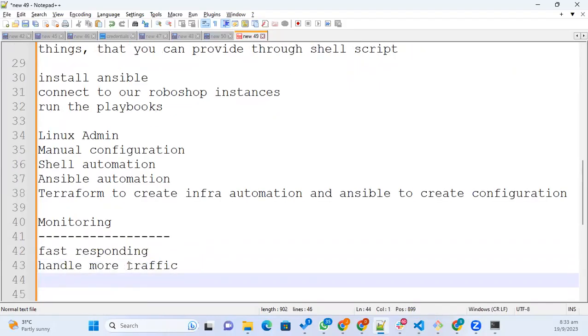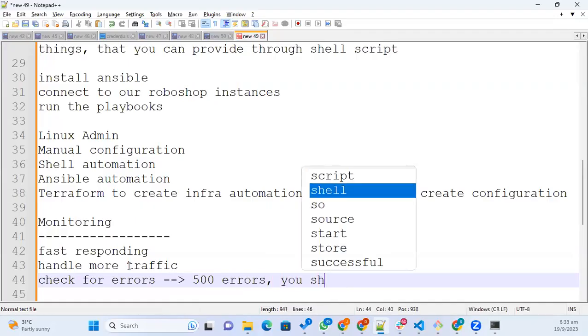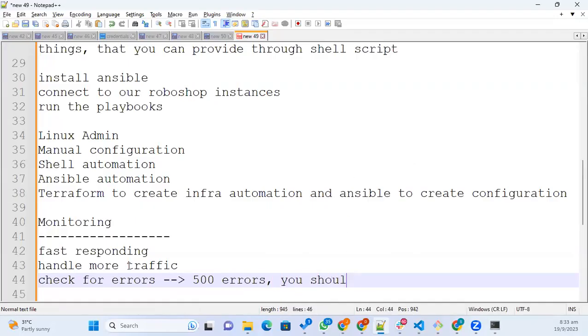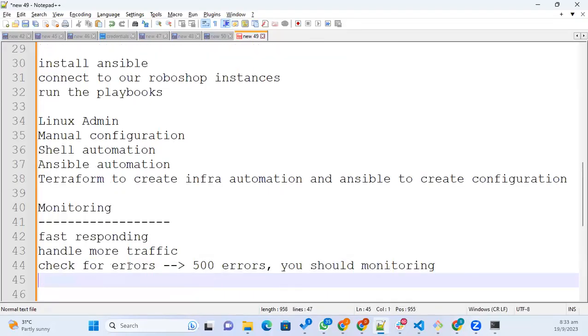and you should always check for errors. So you can see we have a lot of 500 errors. You should monitor for this. If you are getting 500 errors, it means something is wrong. You know that already. We have seen a lot of 500 errors in the configuration. So you need to handle that as well. Fast responding, handle more traffic, check for errors, and then you need to calculate